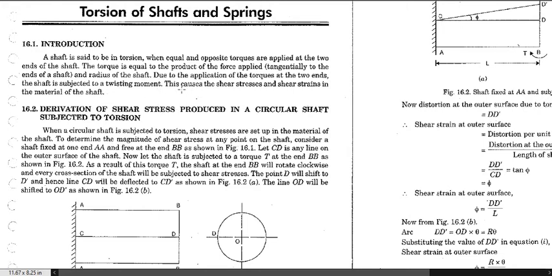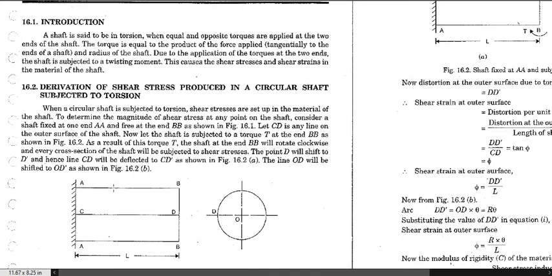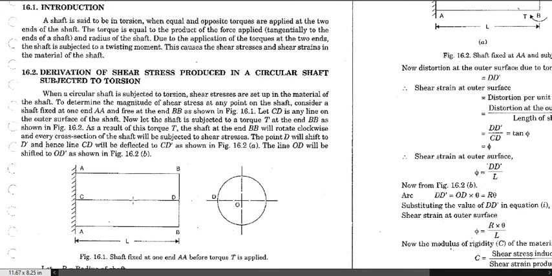Let us consider we have a shaft whose cross section will look like this; this is the longitudinal view, and this is its cross sectional view. From this diagram we know that we are going to apply the torque, and you should know what torque is. Torque is defined as the force applied on any fiber of this shaft multiplied by its distance from the center, that is CD. That is known as torque, and obviously it will be maximum at the outer fiber of this shaft.